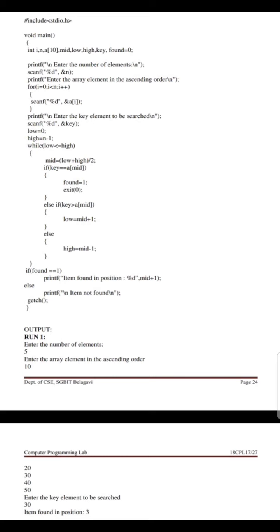Item found in position. In which position is the item found? What is the mid value right now? It is 5, plus 1. In the sixth position of the array, we found the key. Why have you mentioned it as mid plus 1?